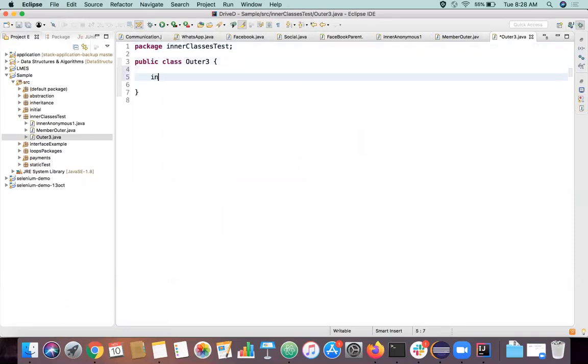Again, I have the same integer variable, declared as private. Note that for this outer class itself, we'll have one method. Let's say the method name is void print data.